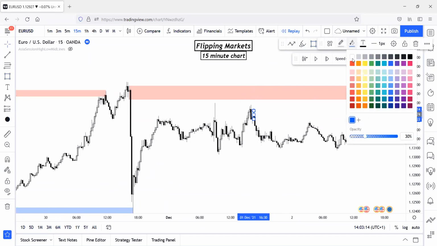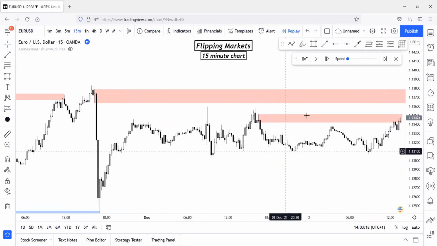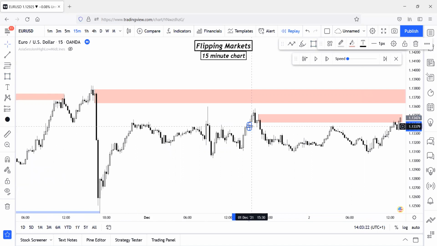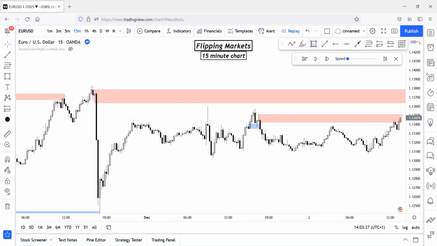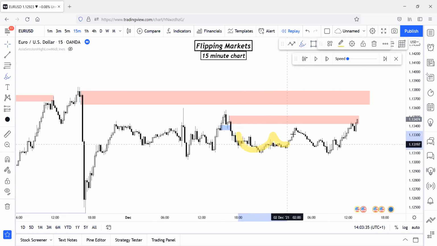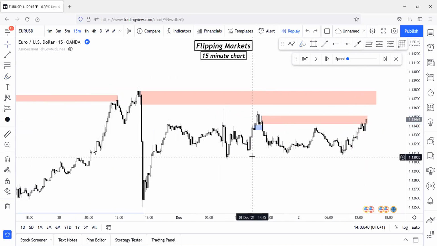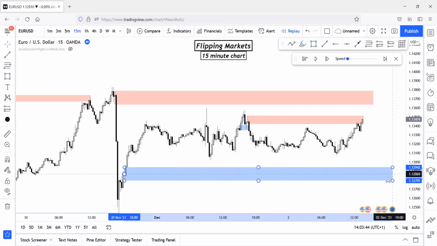And actually, if you take a closer look, this is a flip zone also. As you can see, we had this 15-minute demand zone right here. And this supply zone flipped that demand zone and changed character to the downside. And price, after the flip and change of character, started to levitate back up to this supply zone. And currently, price is in that supply zone. So yeah, that's for the 15-minute. Actually, we can mark this extreme demand zone down here